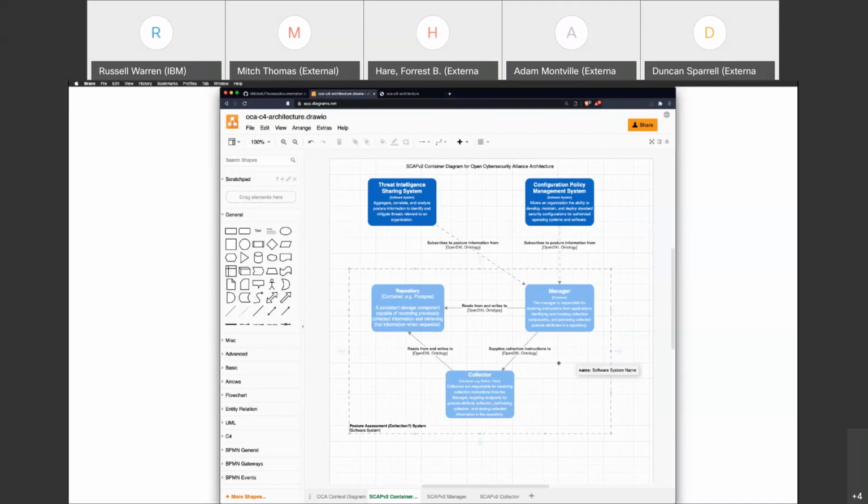Speaking of getting help, there are two other larger systems here, threat intelligence and configuration policy management, that we could dig into that would probably be useful. I know a bit about configuration policy management systems, and I work for Tripwire. So does Stephen, who's also on the call. So we could flesh out what we like here. I'm pretty sure we identified somebody with threat intelligence skills at the beginning of the call, didn't we? Yeah, I heard a name. I did. I don't know who you're talking about.